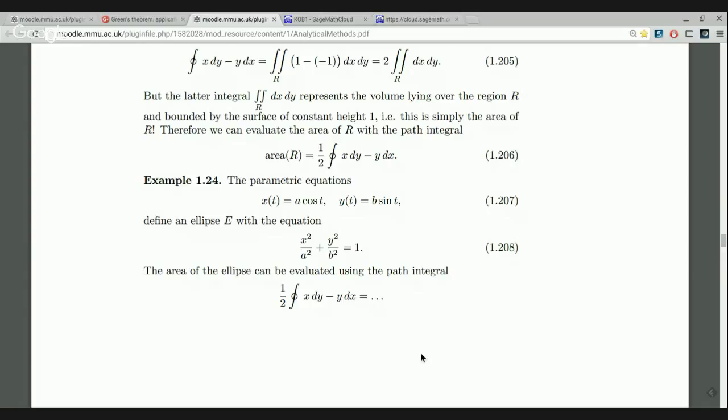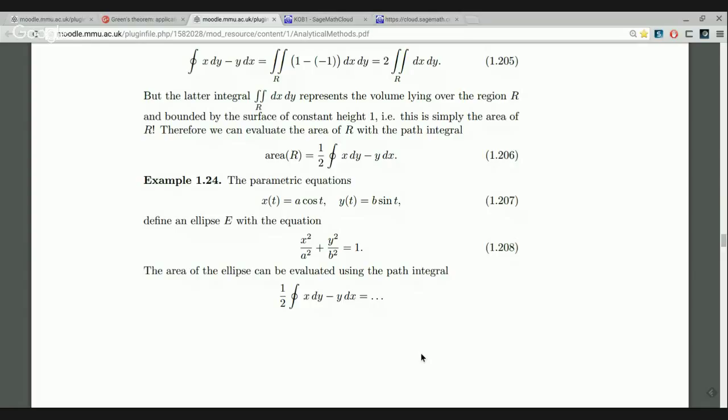And of course, this gives you a half the integral from 0 to 2 pi of AB dt, because cosine squared plus sine squared is equal to 1. So integrating that would simply give us a half times 2 pi multiplied by AB, because AB is a fixed constant. It doesn't depend on t. When we integrate dt, it just gets multiplied by the length of the interval. The length of the interval here is 2 pi. So this comes out as just pi AB,